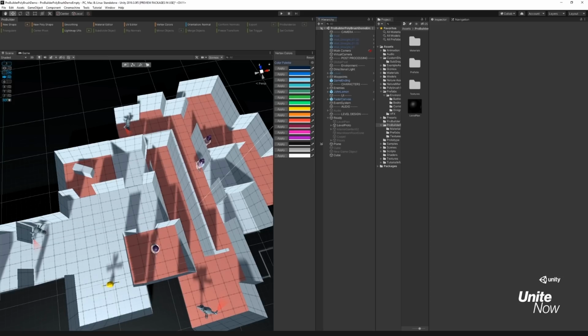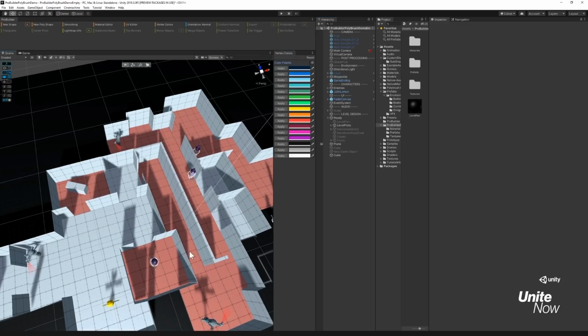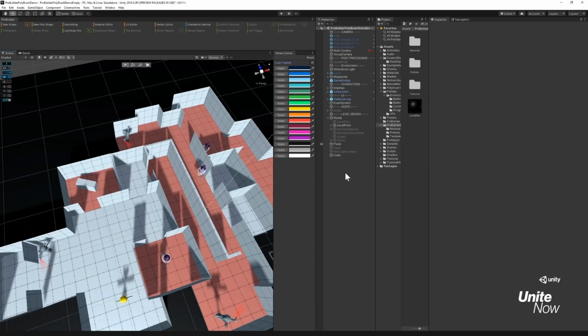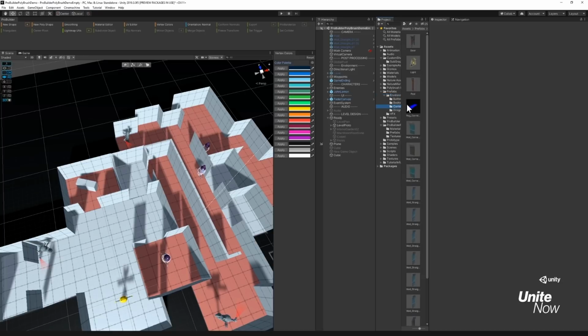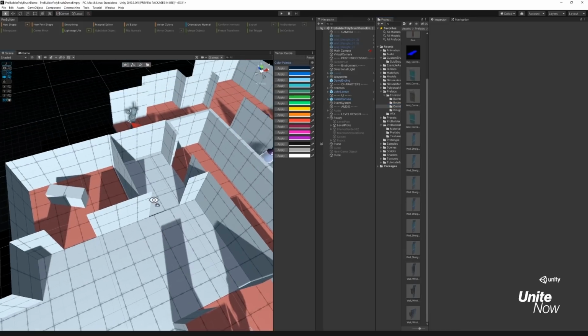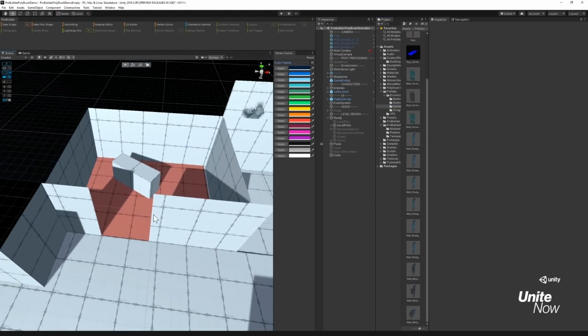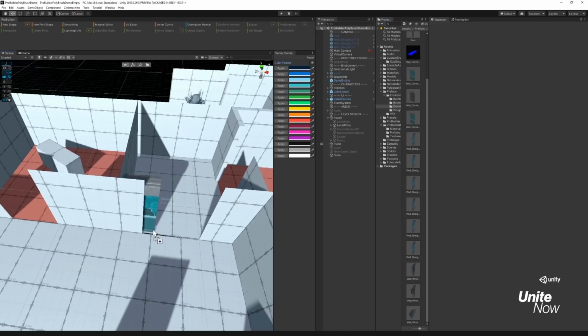Okay, so now that we have the prototype of our level created, let's say that the artist brings the assets and we are going to integrate them. So here if I go to my environment folder, I can find the corridor folder, and here I can find the different walls that we can start integrating. So let's say we're gonna put this wall here,